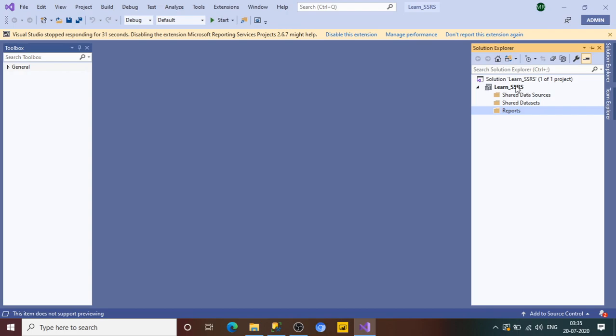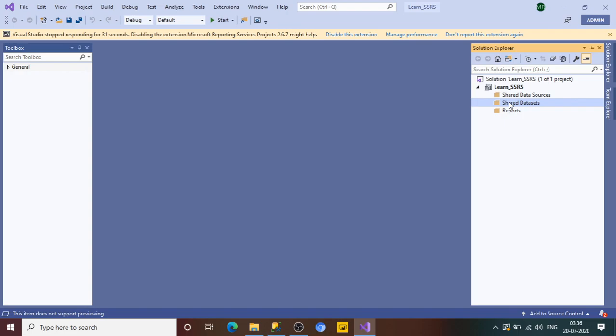In this section you can create more than one report. In the Shared Data Sources folder, you can create the data source which would be shared among the reports you have created here. In the Shared Data Sets folder, you can create a number of data sets which could be shared among all the reports that are available here.